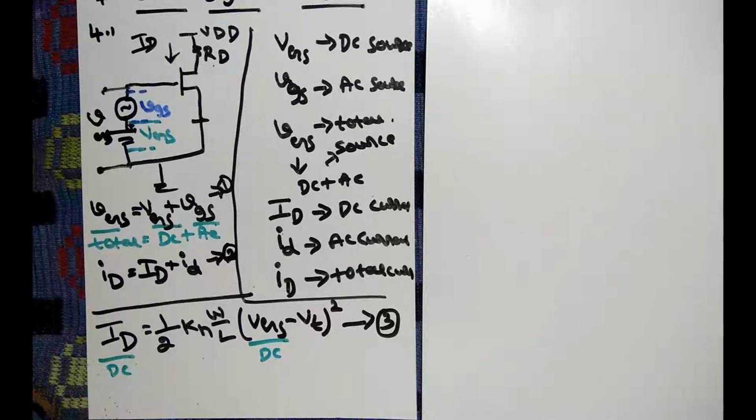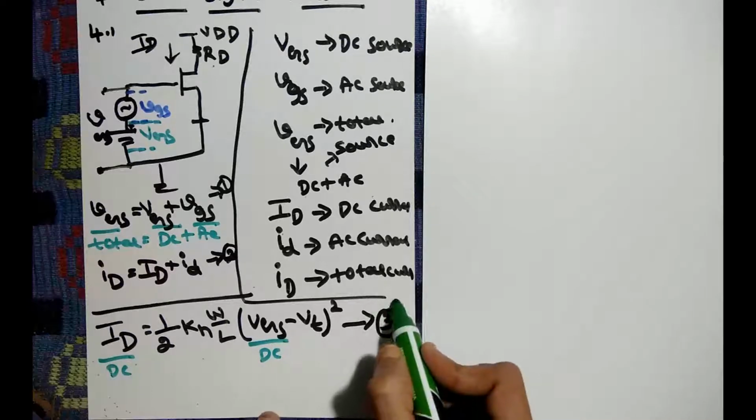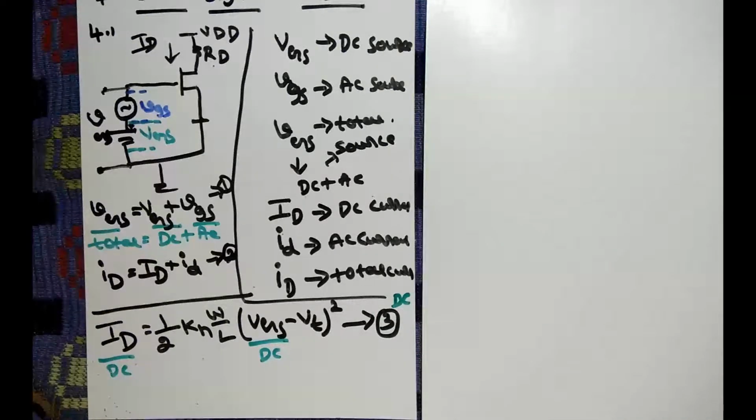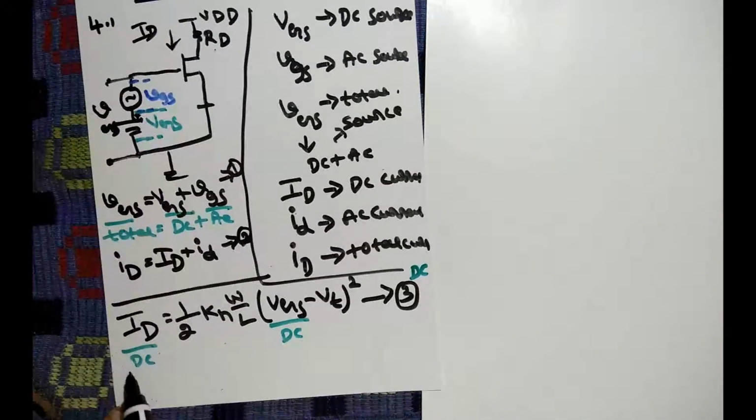That is the main thing you have to remember. Whatever the equation 3 is, it is a DC current that we are representing. In a similar way, I can make the total current also. So how can we represent the total current? We can take it as a small i and capital D, i_D, is equal to this one as usual.